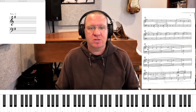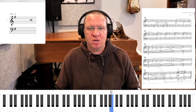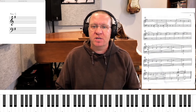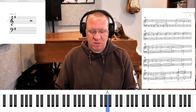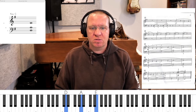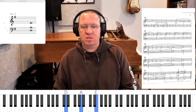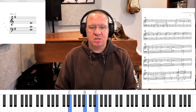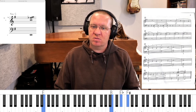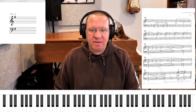So we got our 1, 2, 3, 1, 2, 3, counting steadily through the whole third page, and then hold, 2, 3. And of course that last one is a fermata, so extended hold out of time, whatever you need to do,